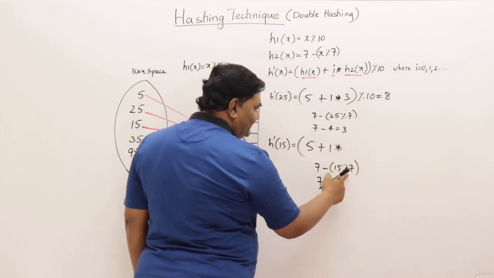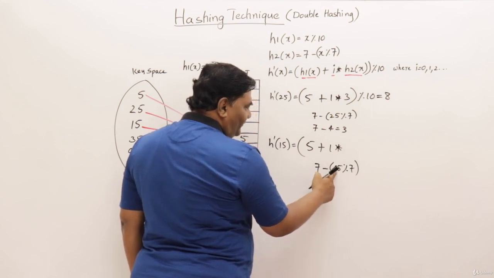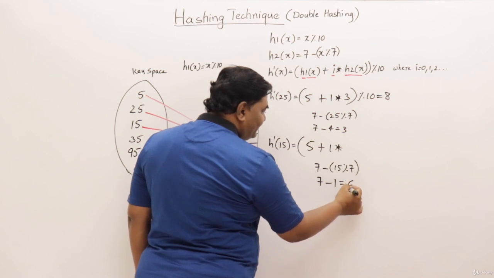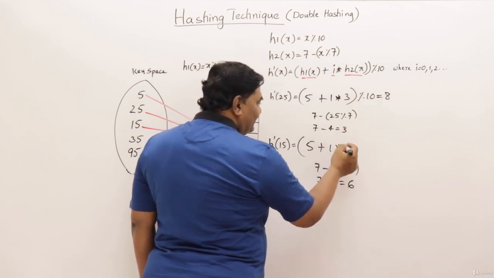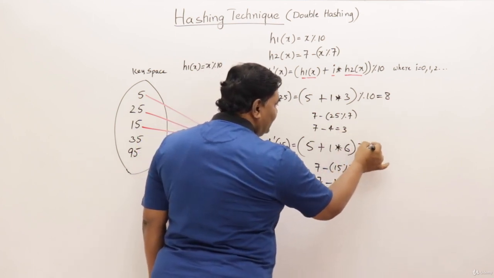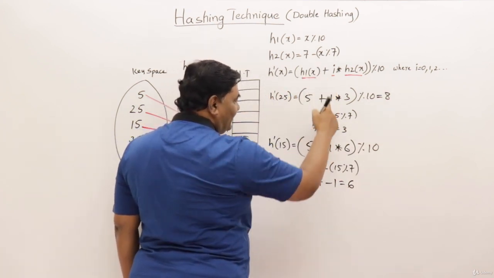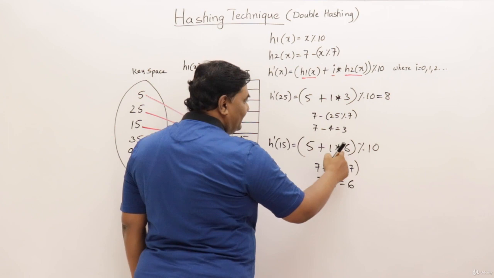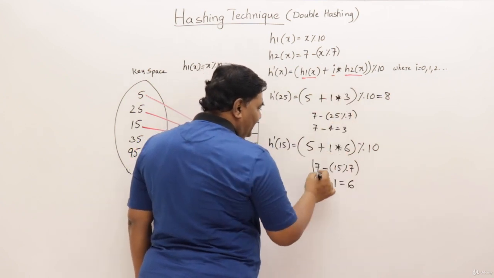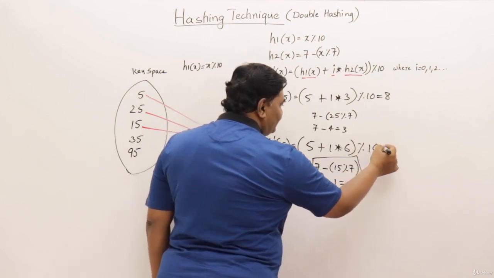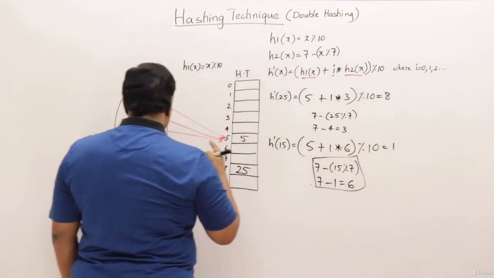7 will divide 15 two times, 14, remainder is 1. So this is 7 minus 1, this is 6. So this is 6. mod 10. So 5 is for h1, plus, as i is 1, h2 of x is 6 that I have evaluated here. So this is 11 mod 10. So the answer is 1. So this 50